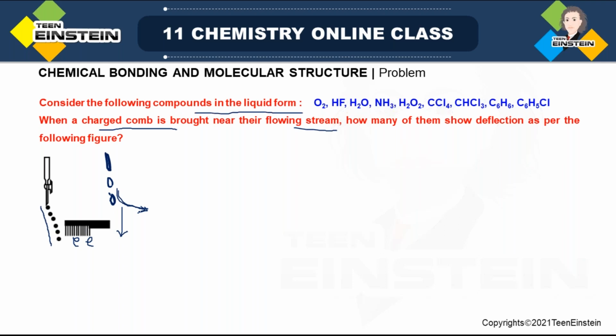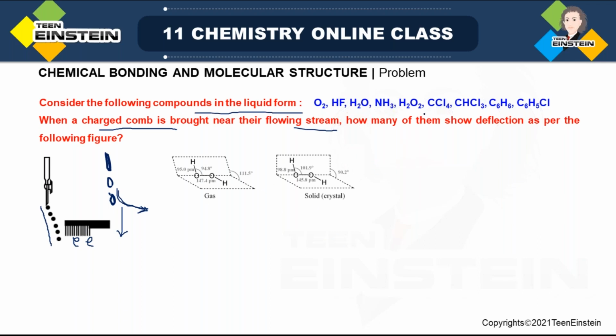So this is an integer type of question because you just have to mention a number. So here we have 1, 2, 3, 4, up to 9 molecules. How many will be having dipole moment, that we have to check. So see,